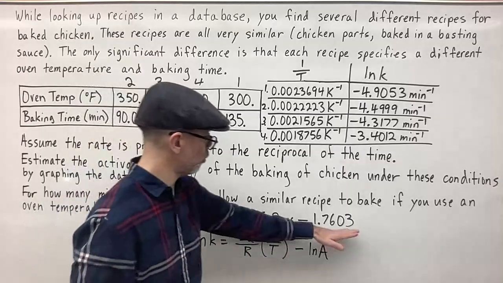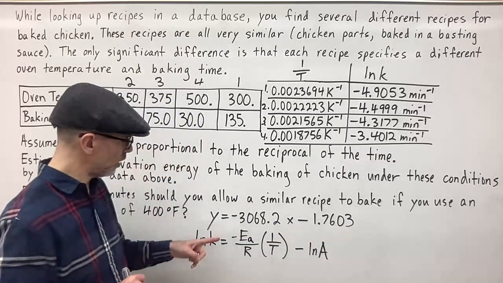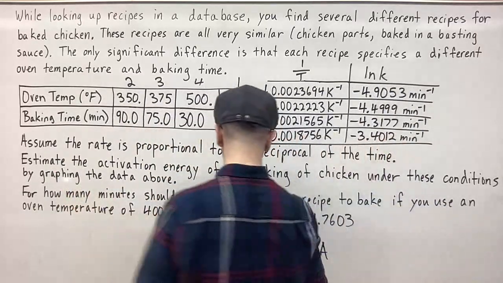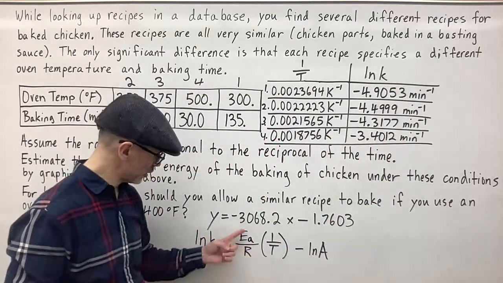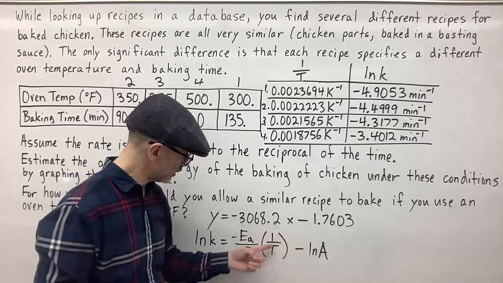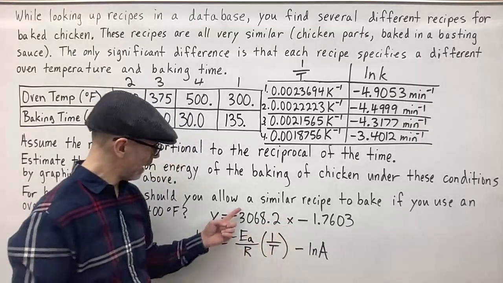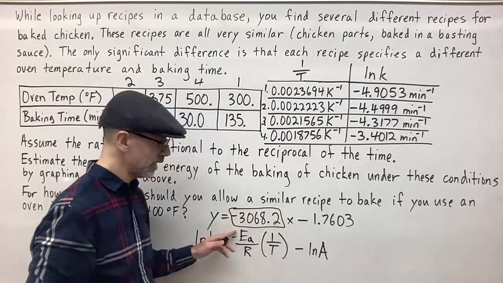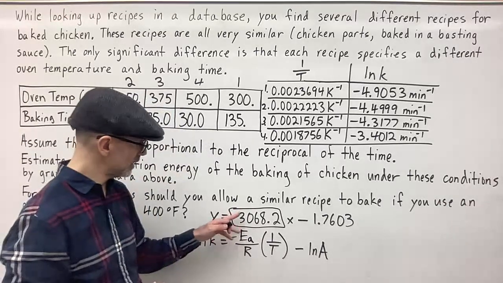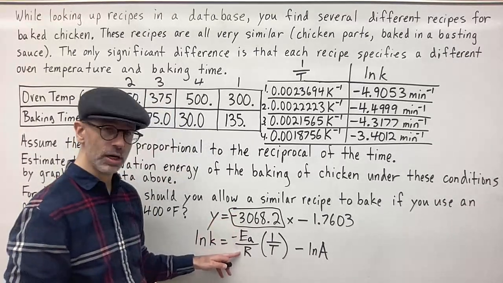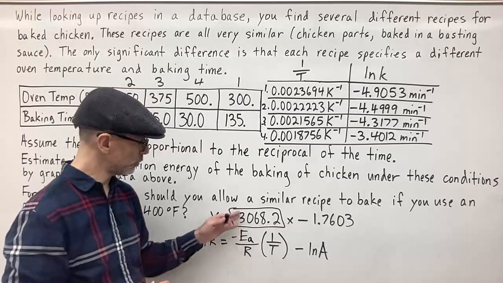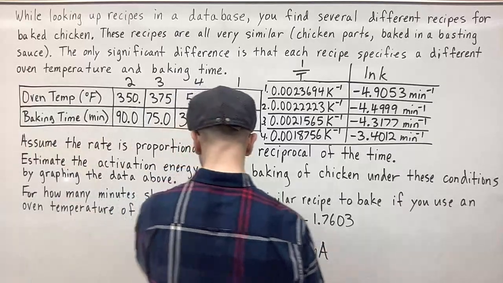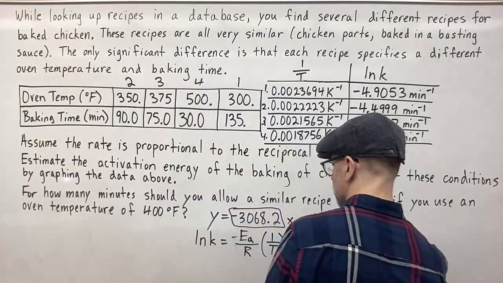That's not going to be so important for our purposes, but we're asked in the first one to estimate the activation energy. Well, the activation energy is here. This is our x right here. So this number right here contains our activation energy, but this is the activation energy divided by R, so all we have to do is multiply by R. So let's take this and I'll put it over here. Here we got negative